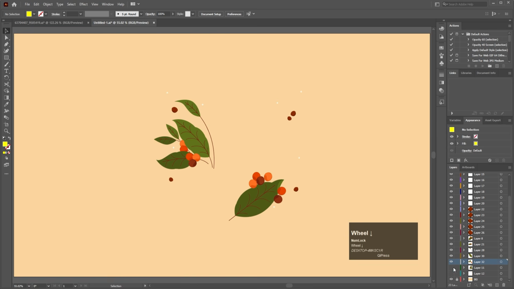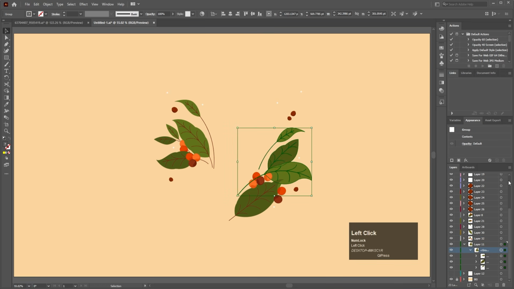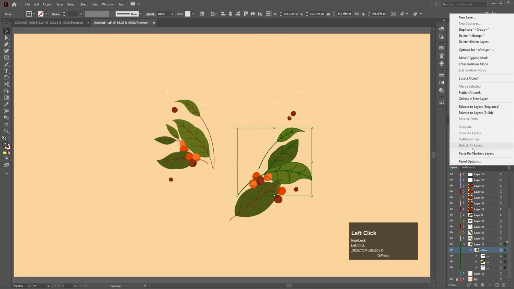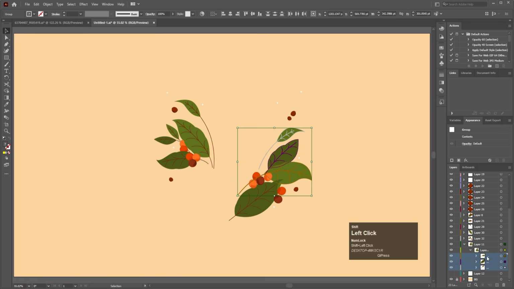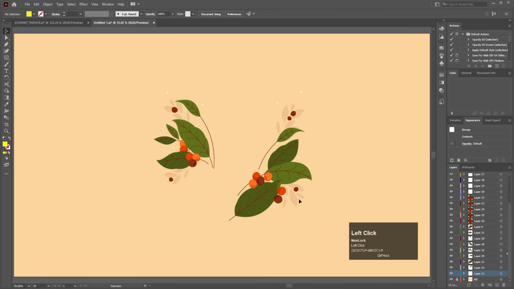Then after that, the remaining one is this one. For this one as well, we need to follow the same procedure. Go inside this, click the target, release to layer sequence, select all of them and try to bring them at the top and let's delete that. Okay, like that. And last one, we have the small,